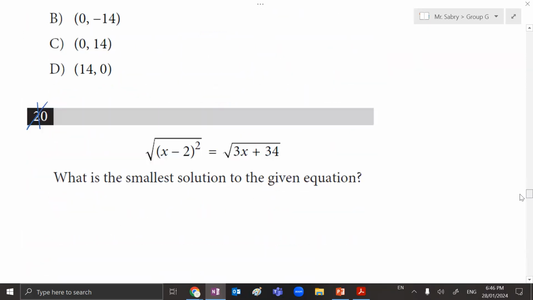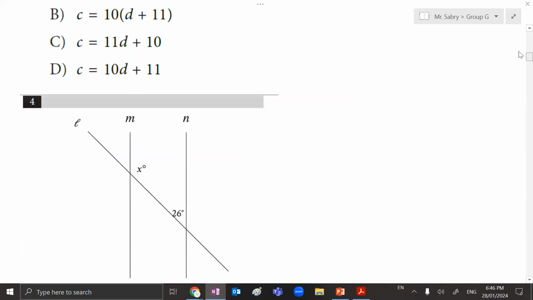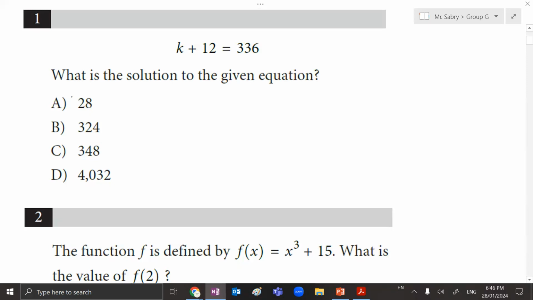Everything before that was okay, and none of them took so much time. There's nothing you want me to explain from the rest, right? I don't mind starting from the very beginning if you want. Should we start from the beginning? Okay, let's go. So first of all, this is a basic equation where we're going to move the 12